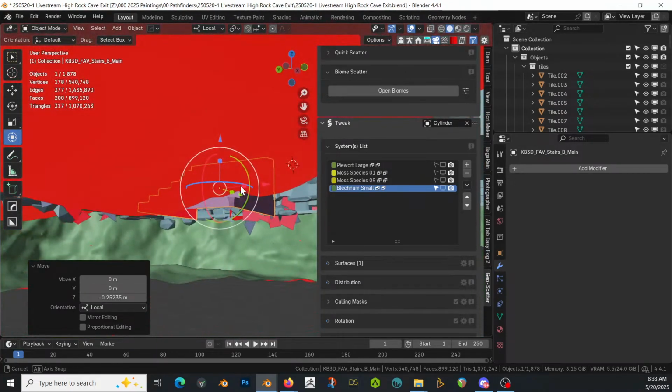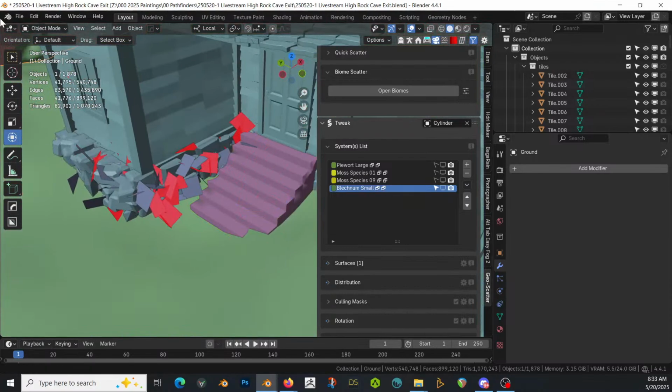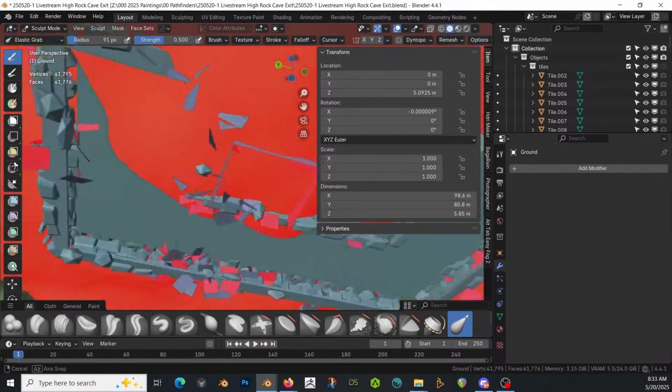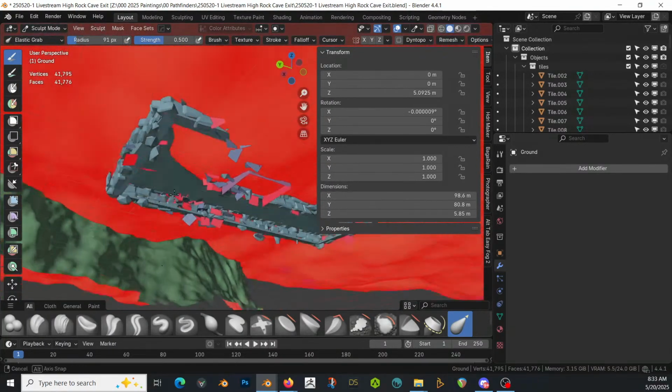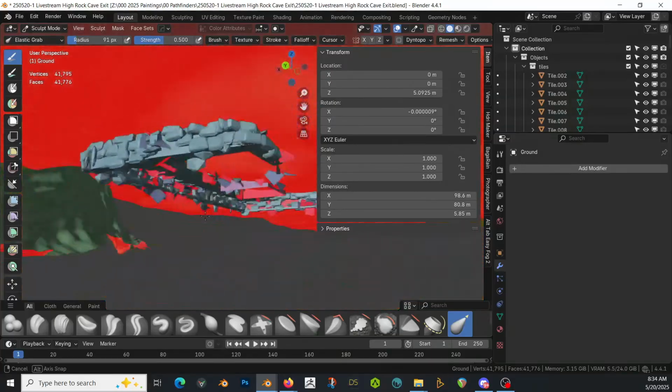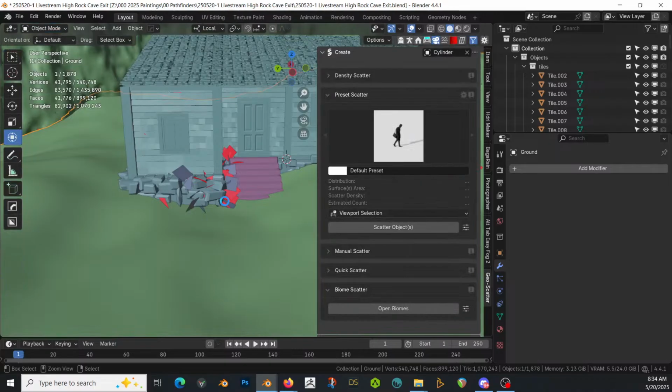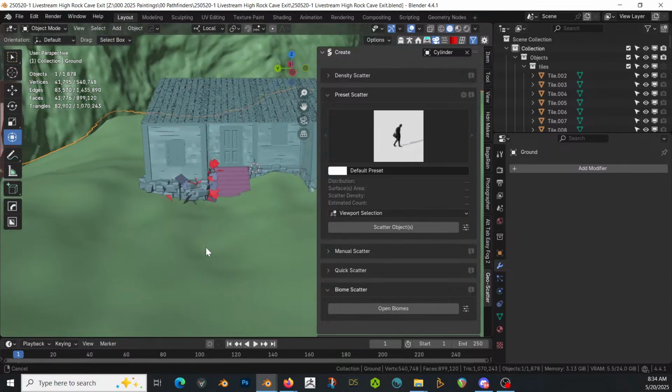Cool. I'm just going to tweak this ground here. Sculpt mode. Bring it up. Okay, so stairs are all covered. There's nothing not sticking out. There we go. Object mode. Okay. Now,